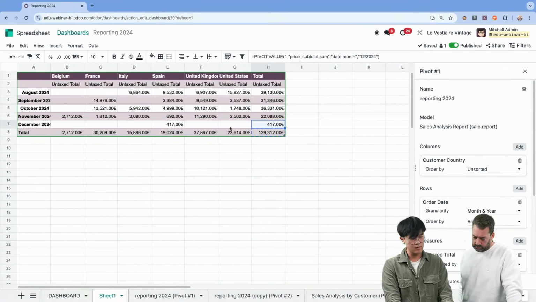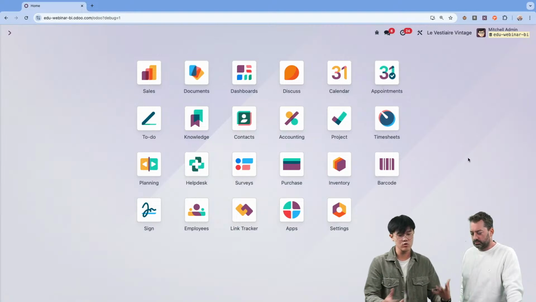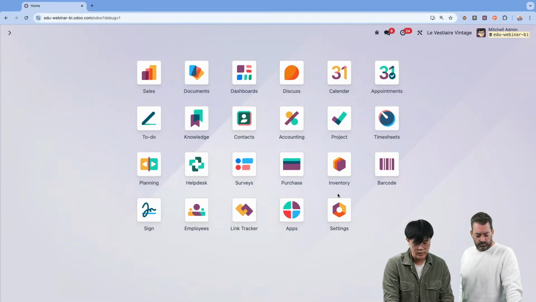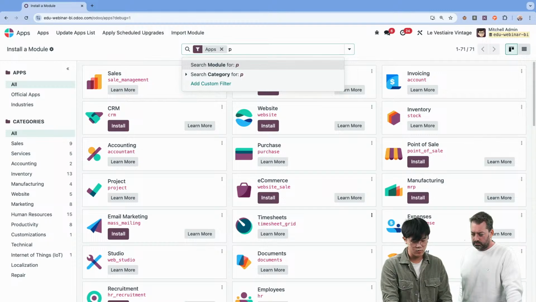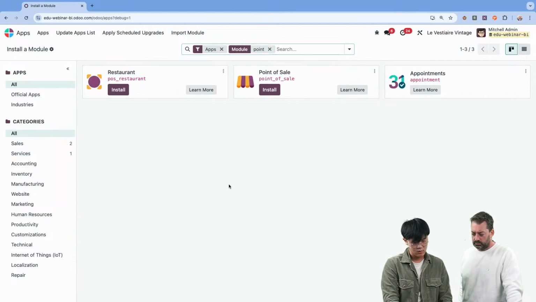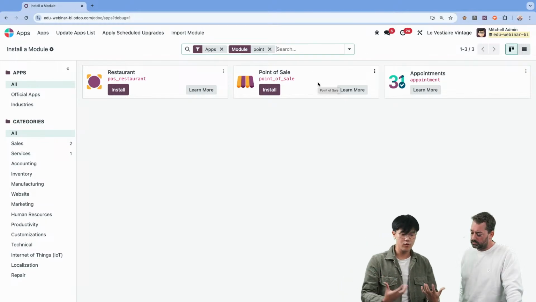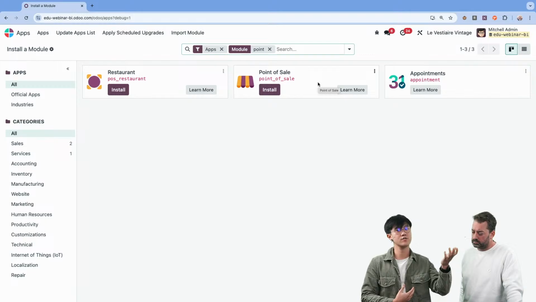Going back to Odoo here, and it is a very Odoo-specific question in that sense. Why? Because here in Odoo you have different applications, right? So we played with the sales one here for this demo, but there's also another application which is the point of sale, right? That would be more related to any shops or maybe restaurants, right? That may be using this. And as there are two different applications or modules, in terms of reporting in Odoo, you would need to fetch data from one place first and then combine it with the second one,